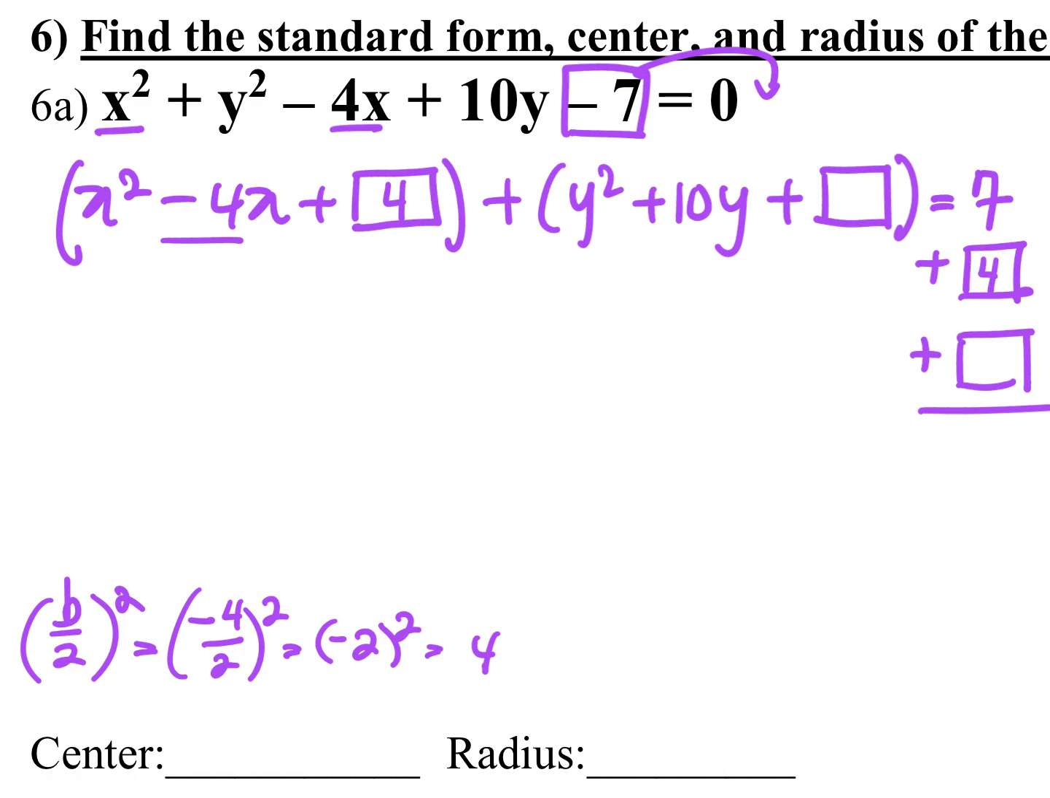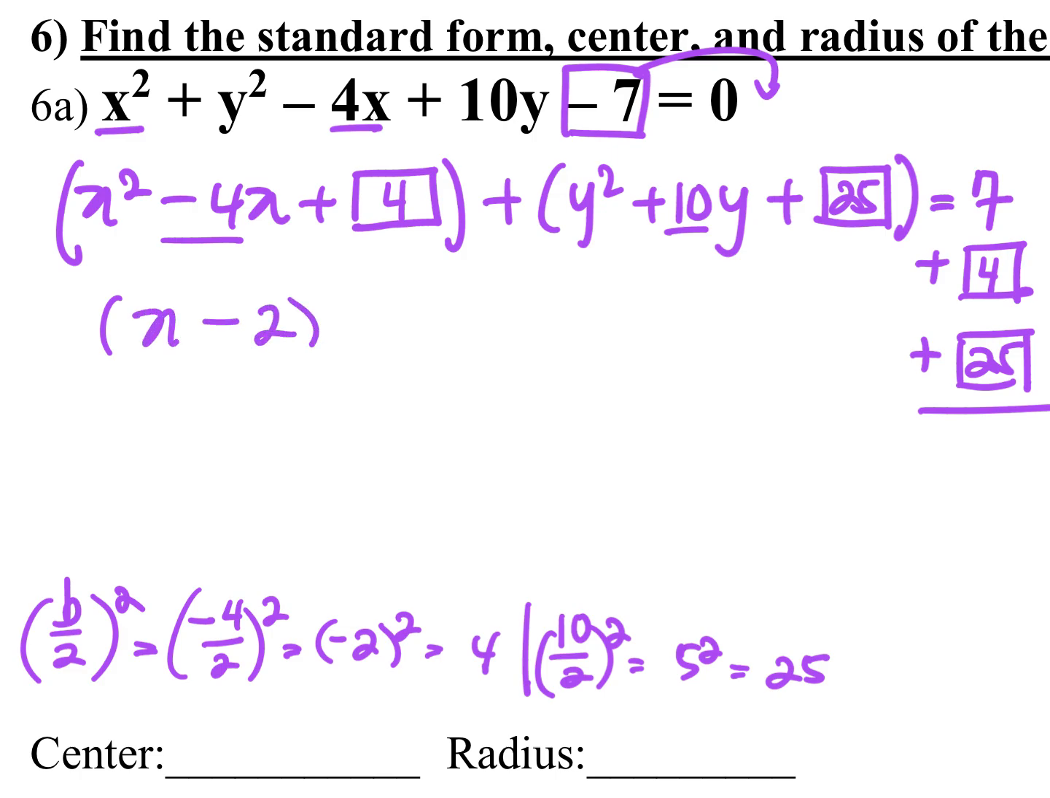We'll do the same thing with the y part. The y part has the middle term 10, so 10 over 2 and then square it. That's going to be 5 squared, and 5 squared is 25. So here that's going to be 25, and also this is going to be 25. Now we're going to put this into a form this way: (x minus 2) squared, and then (y plus 5) squared is equal to